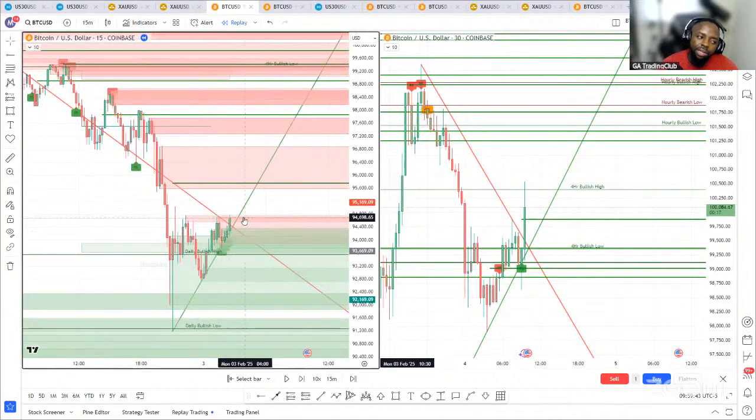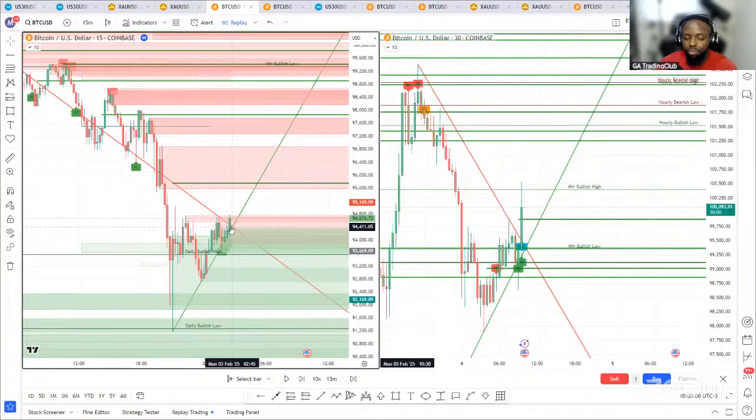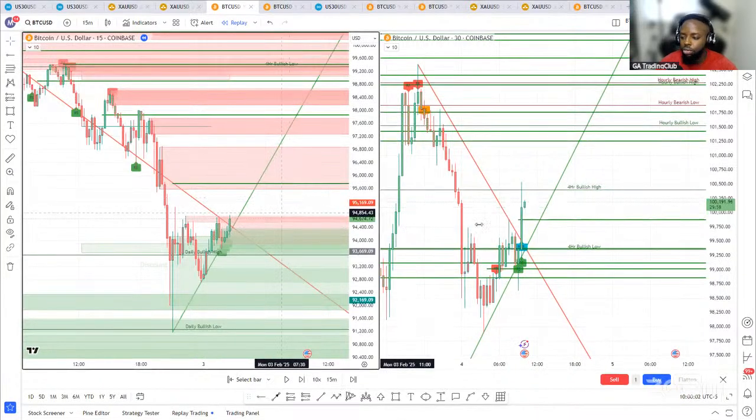So most of the time, just as with the break and continuation entry, some of these entries you'll find that when the buy signal comes in, it will come in sometimes in an area of resistance, and sometimes when you get a sell signal, it will come in an area of demand. So remember, if it's a prime break of support, you are ideally looking to